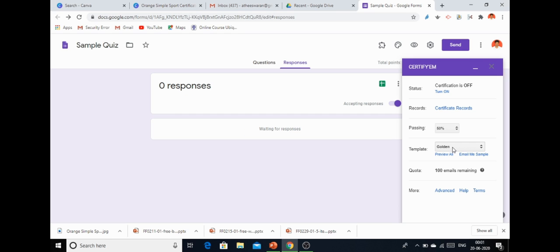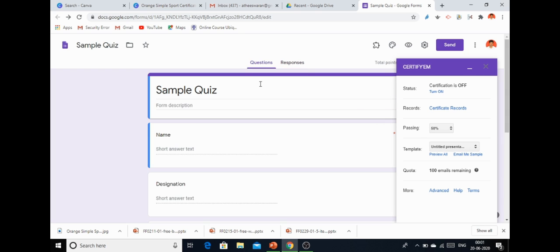Now I am merging the certificate design here. Here you can see the email me sample. Now it is linked, and you have to turn it on. Once the participant attends the quiz and submits, the certify_m validates whether the participant got 50 or more. If she or he gets 50 or more, the certificate will be delivered automatically.